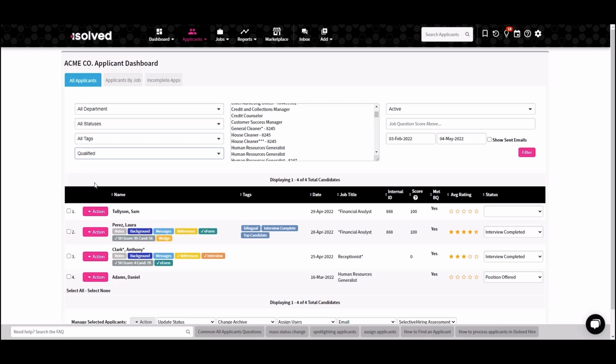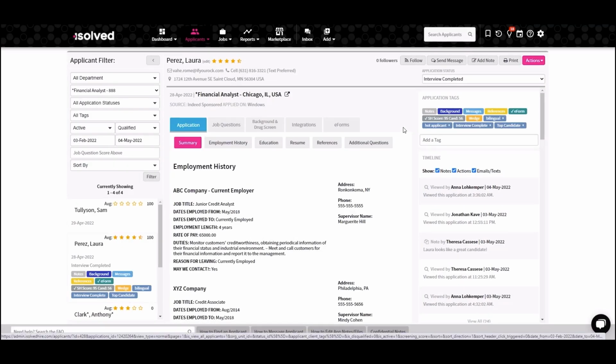Once they've taken a look at that pool of applicants that they're interested in drilling down into, if there's one that stands out to them, they'll simply select their name, and then from here they're able to view the candidate profile. So when the candidate goes online, they complete their application and hit submit, that is what creates this true candidate profile. And this is going to keep it so simple for recruiters and hiring teams to utilize, because